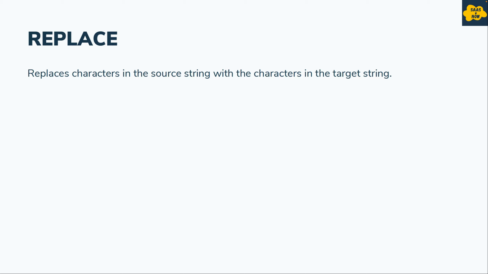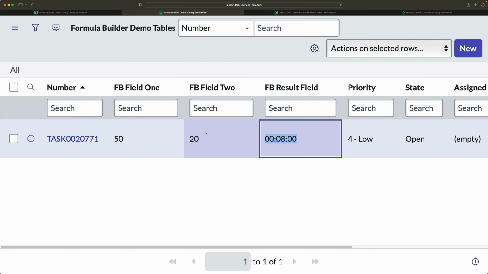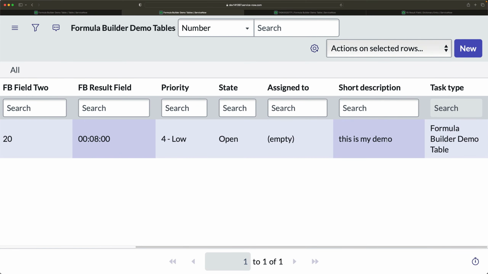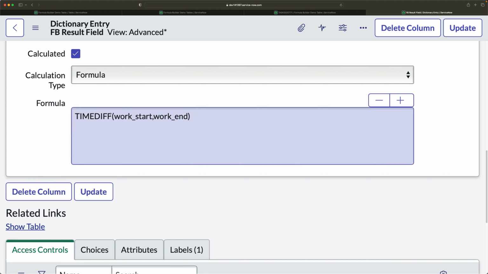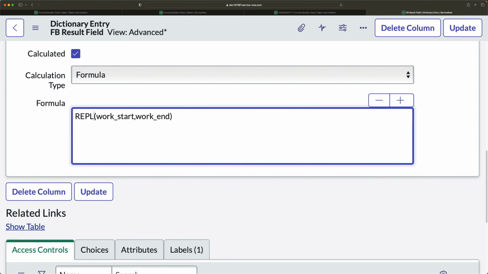Next function is replace. This is also a very useful and important function. It replaces characters in the source string with the characters in the target string. Let's try this. So I will go here. This time we will use short description. Here we have this is my demo, and I will change this to this is SaaS demo. How? I will just change this word. How? Let's see that. I will go to the dictionary, and here I will just put replace,